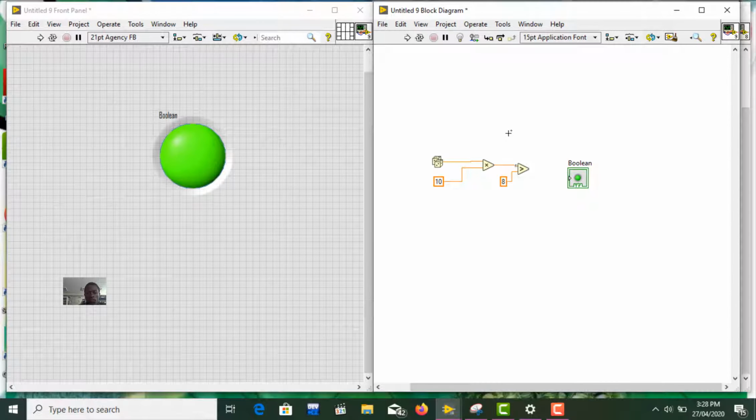So now this comparison operator will perform the task of changing the numerical value into logical values. It means between 0 and 1. When the output of this multiplication goes above 8, the sensor will output logic high to the LED